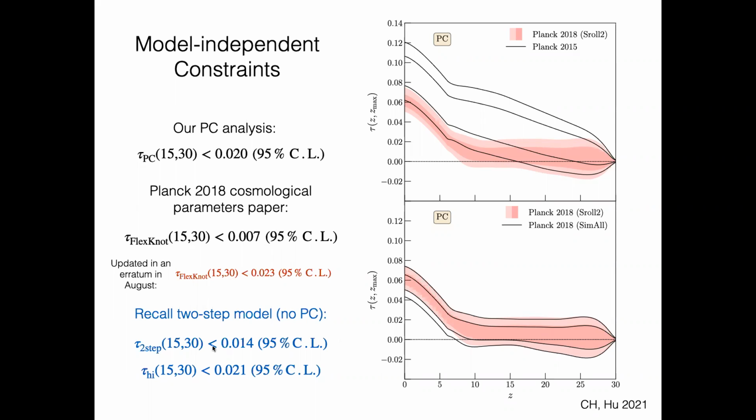Yeah, and we also validated our result before publishing it using our two-step model, basically also finding that, without using any PCs, this is just the exact Planck likelihood on the totally physical model, we get that the higher redshift part should have around the same upper limit on optical depth. So now we believe that we have converged on the truth. Hopefully.